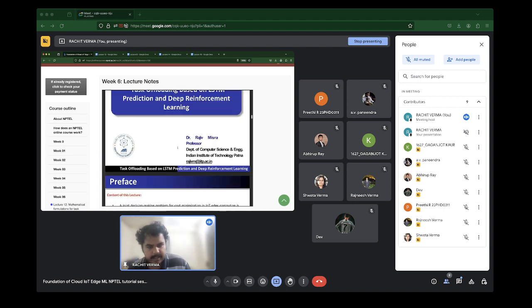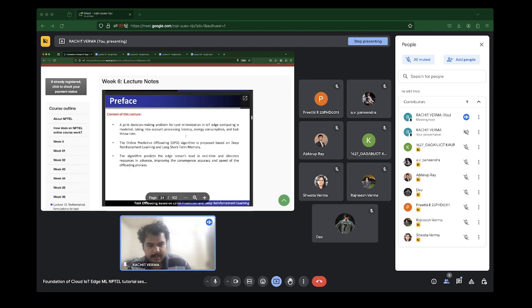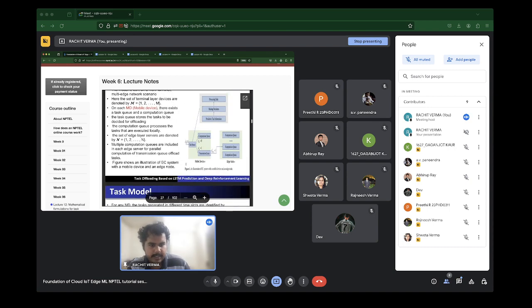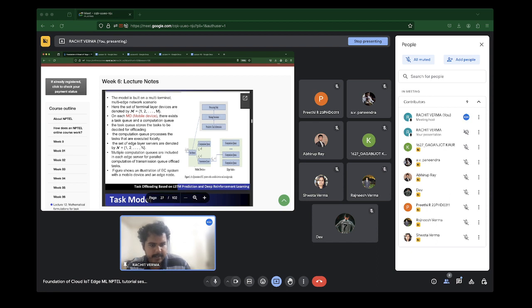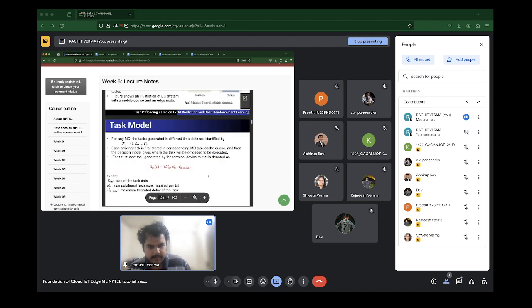And then in the second lecture, we discussed how task offloading could be performed with the help of LSTM and with the help of deep reinforcement learning. We discussed the initial simple architecture of an edge computing system with a mobile device and edge node. We discussed the kinds of queues that would be inside the mobile device and the edge node, and how they would assist in offloading.